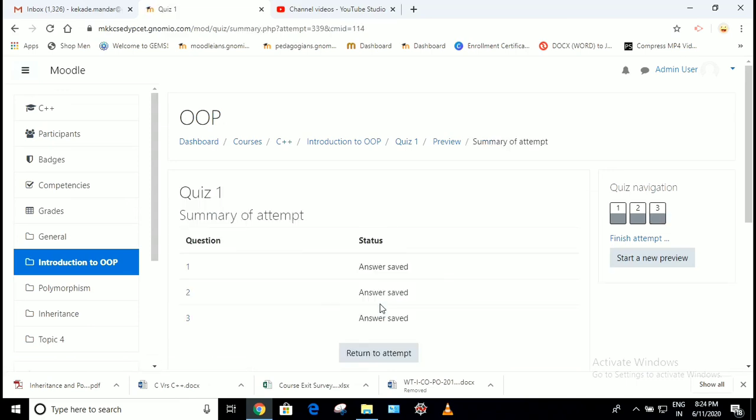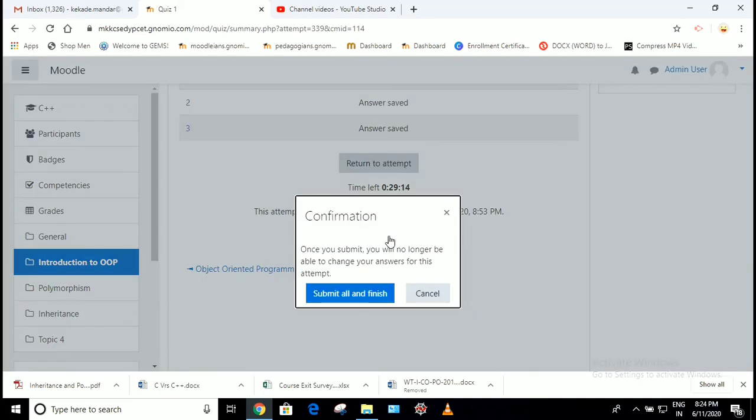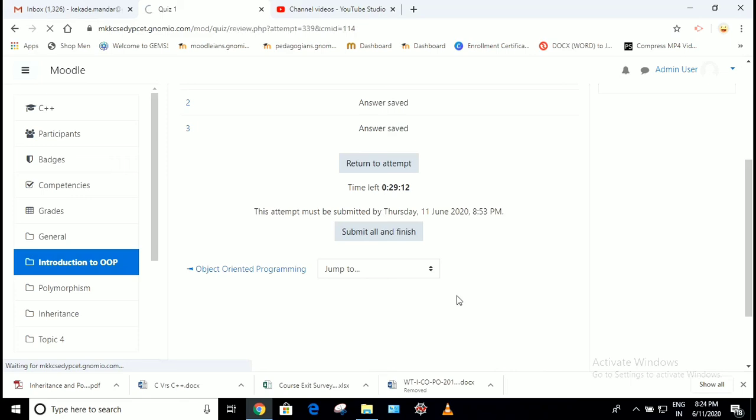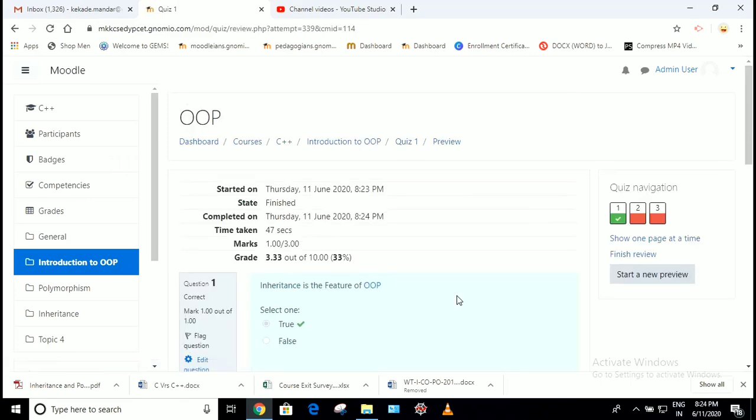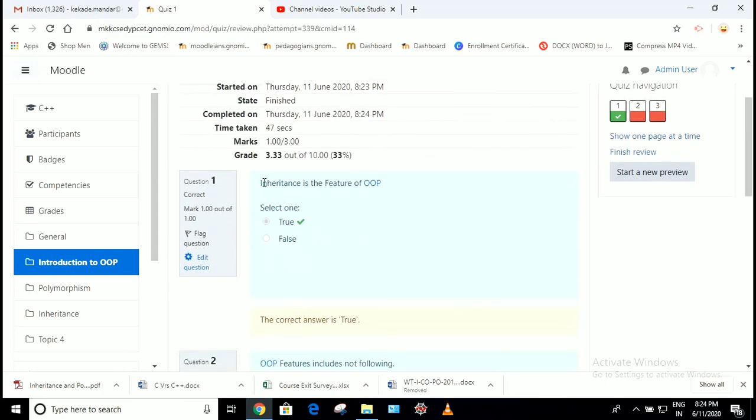Once we click on finish button, it will ask to submit. Click on submit and finish all, and it means that your quiz has been finished. After finishing the quiz, the student can review the quiz and the marks that he has scored. So you can see here only the first option is correct. So he has scored 1 mark out of 3 marks.